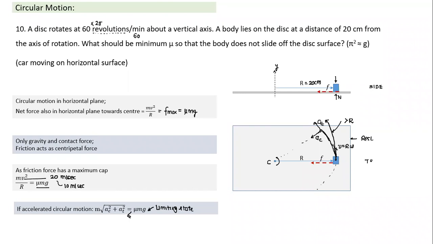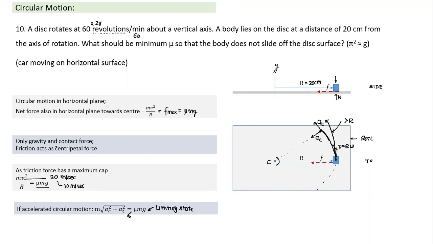Where from the force is going to come from? The friction. So that's how we should look at it. Have you understood? If the object is moving, we can calculate a_c and a_t. Based on that, we can calculate what force must be acting. The only force which can act on a horizontal surface is friction. So the friction force is providing that force. That's how we need to understand.